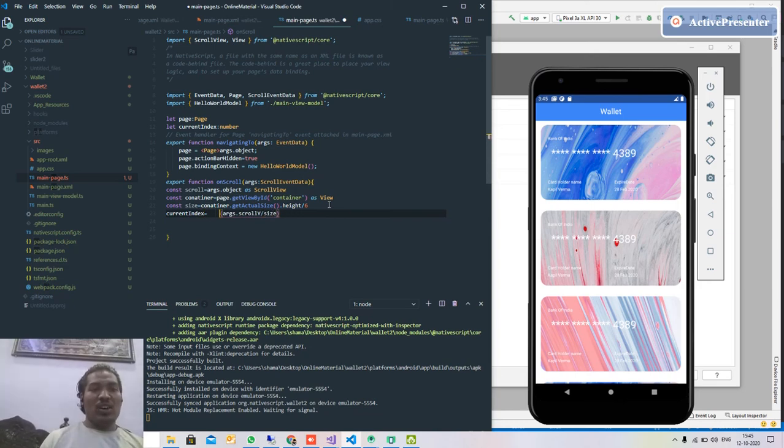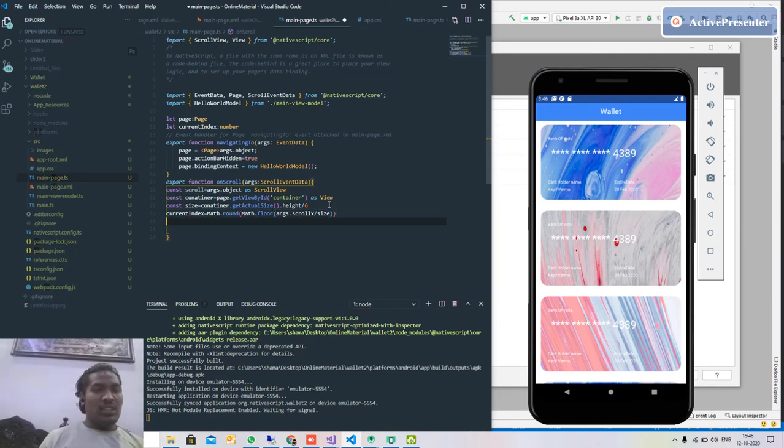how much it has scrolled relative to the size. It will be in decimal format, so we want to use Math dot floor, which will give us the minimum value, and Math dot round, which will give us the rounded value.